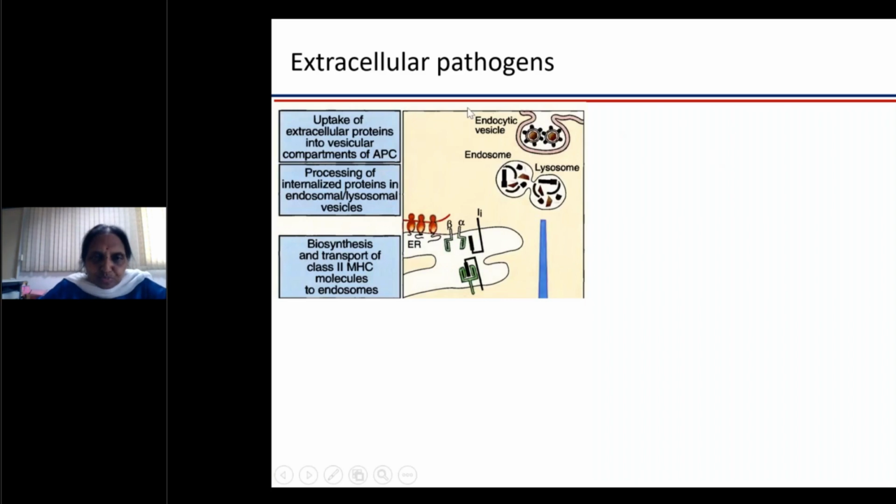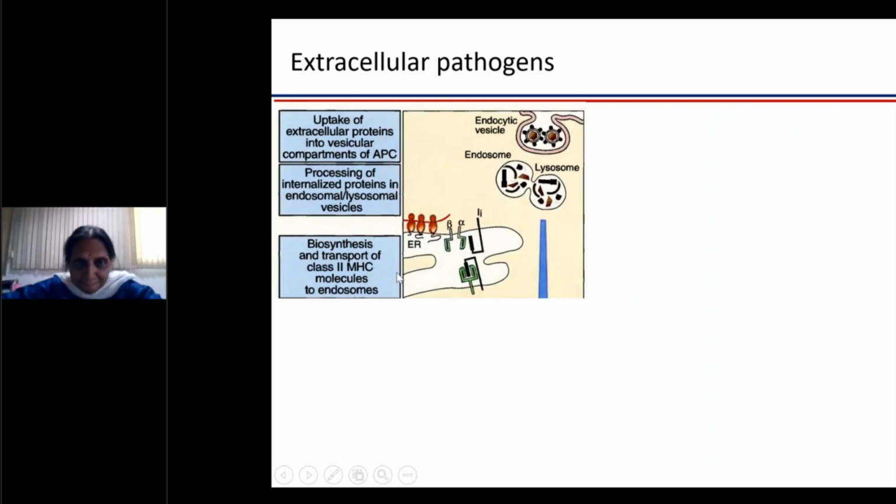As the endosome fuses with the lysosome, the pH keeps changing. It becomes more and more acidic, and you know that acid is one thing which can destroy proteins. So your antigen is coming via this pathway, that is vesicle, endosome formation, and its fusion with the lysosome, while your MHC is being synthesized in the endoplasmic reticulum, where the alpha and beta chains associate. So the question arises that you have these peptides which have come in through the TAP protein. Why don't they bind to class 2 MHC here itself? While they bind to MHC class 1, why don't they bind to MHC class 2?